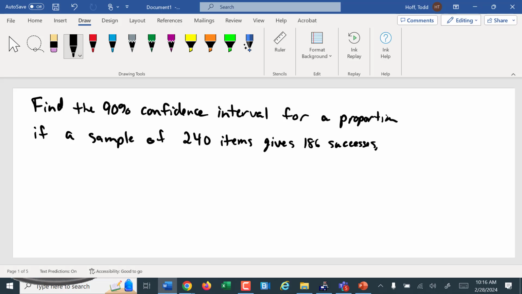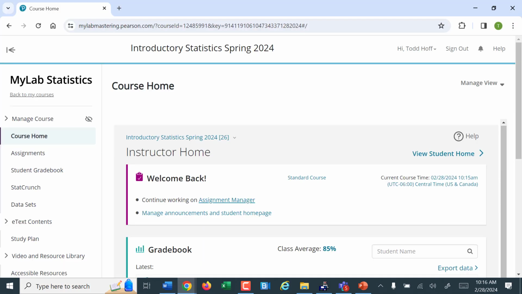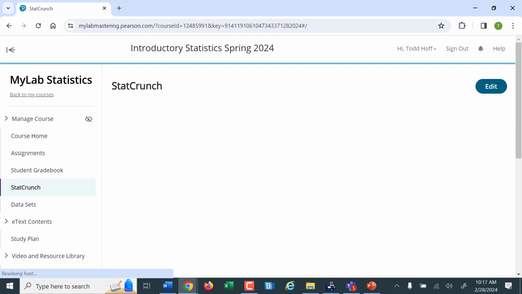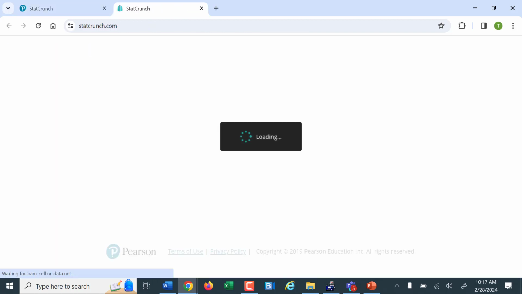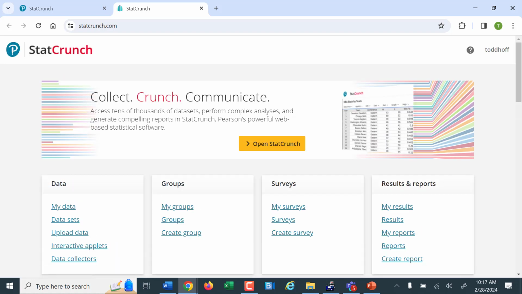So StatCrunch is accessible right in our MyMathLab website. If you're in MyMathLab for this course, you're on the home page of MyMathLab in the statistics course. On the left side here, you see StatCrunch. So go ahead and click that. It's going to give you some options here. You want to see the data sets from your textbook? No, we can get our data in there ourselves. Here it says, visit the StatCrunch website. So that's what we're going to click on there. It's going to take us to a spot where it's going to ask us about licensing, but we're okay because this textbook comes with a temporary license for StatCrunch. So go ahead and hit Open StatCrunch,